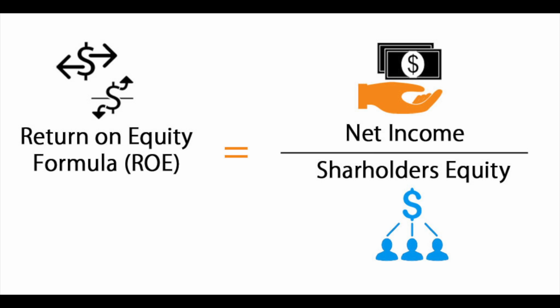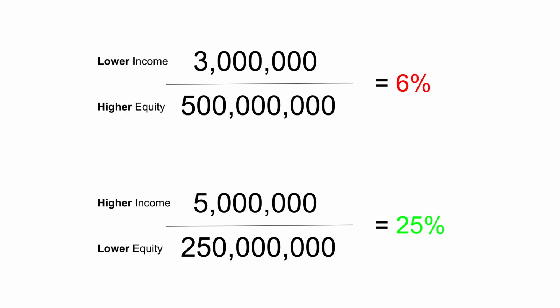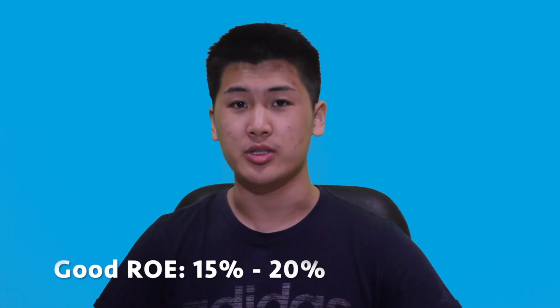Now that we know what equity is, let's return back to the return on equity formula. Now, the return on equity is found by taking the net annual income and then dividing that by the equity, as we talked about. The goal of the return on equity is to have a higher percentage. So this means that you want higher net income annually, but then you also want lower equity, because as we talked about, this means that a company is able to make more money without spending a crazy amount of money. A good ROE is between 15 and 20%, and this is because